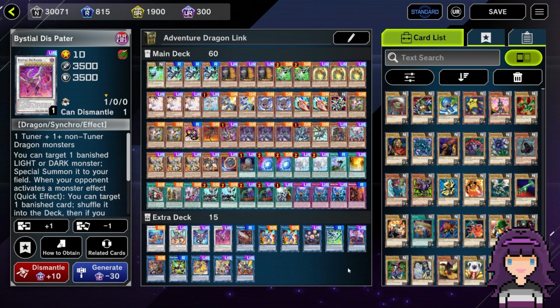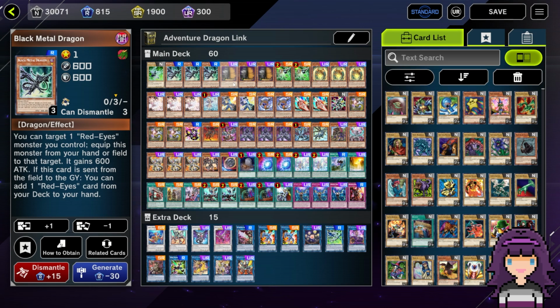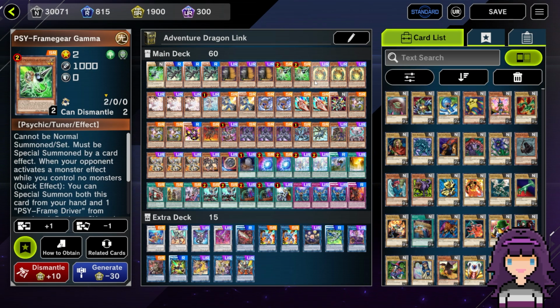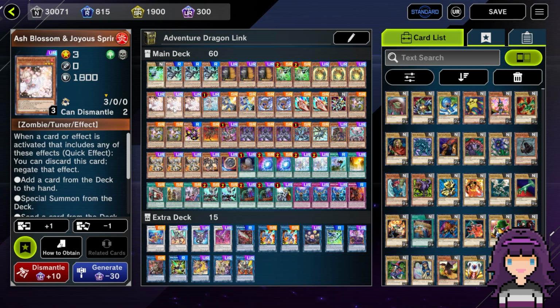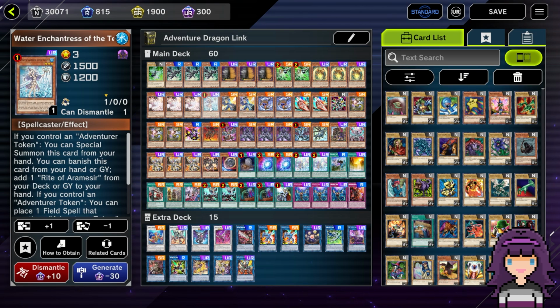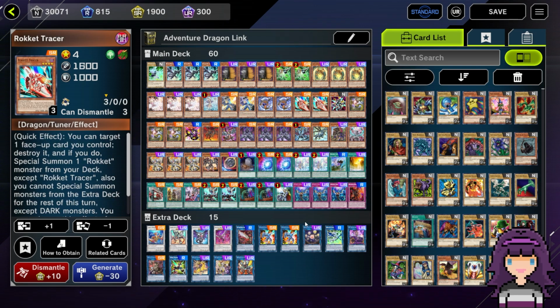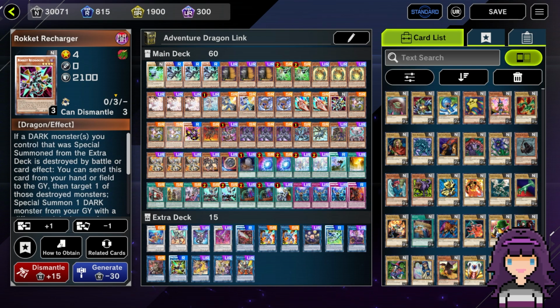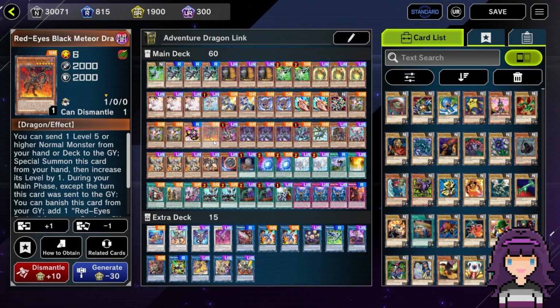But anyway, let's go ahead and break down this list and see those games. We're on 1 PSY Frame Driver, 3 Black Metal Dragon, 3 Maxx, 2 PSY Framegear Gamma, 3 Ringowurm, the dragon guarding the 100 apples, 3 Ash Blossom and Joyous Spring, 1 Water Enchantress of the Temple, 2 White Dragon Wyverburster, 2 Black Dragon Collapserpent, 2 Rokket Tracer, 1 Rokket Recharger, 3 Starliege Seyfert, 1 Rokket Caliber, 1 Red-Eyes Black Meteor